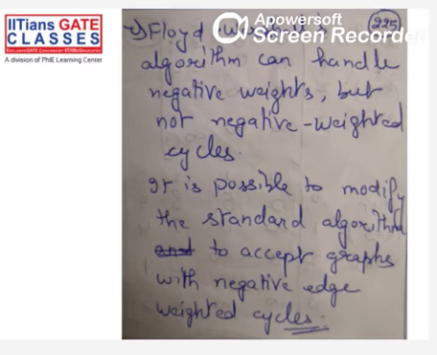Okay. So after V iterations, that means once you start with your basic matrix and then you do V iterations, once you have done V iterations, it doesn't matter if there is some more change. It will be able to stop without any problem. That's the standard Floyd-Warshall algorithm. All right. So now, what about the negative edge weights? It is even possible to modify this algorithm a bit to handle a negative edge weighted cycle also.